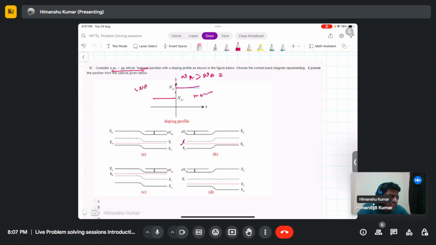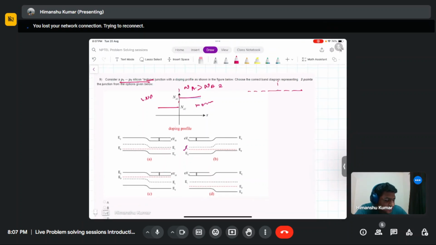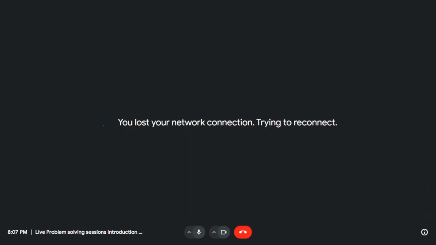Now, as you increase the doping, your Fermi level will move closer to the valence band. So let's draw the band diagram without the junction. The correct procedure, when you start a band diagram, is to draw it without contact. Then you make the contact band diagram, so that you will get a clear understanding. Now because both sides are silicon,